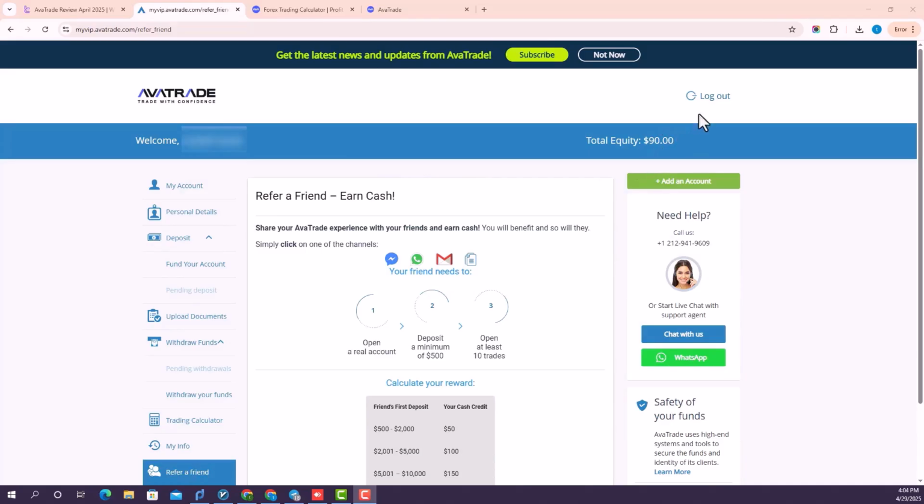At the top of the page, you can see the Logout option, and by clicking on this option, you will